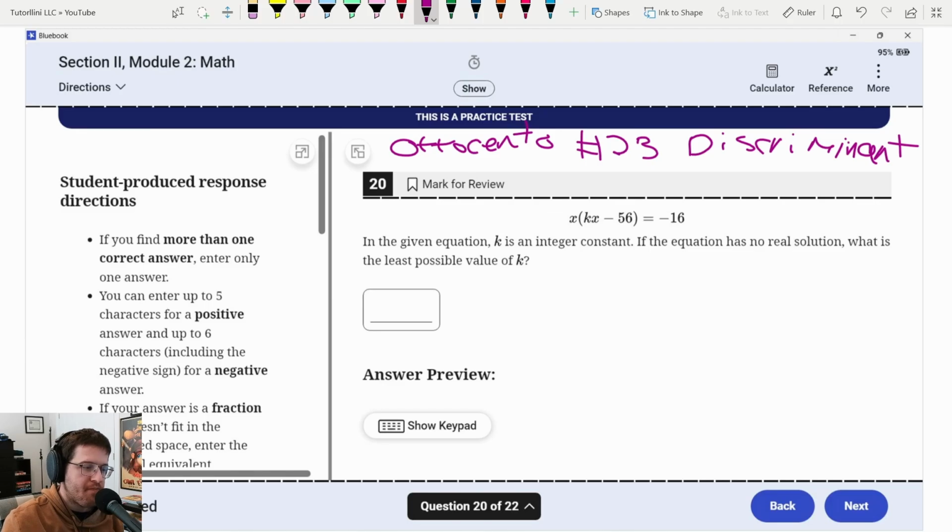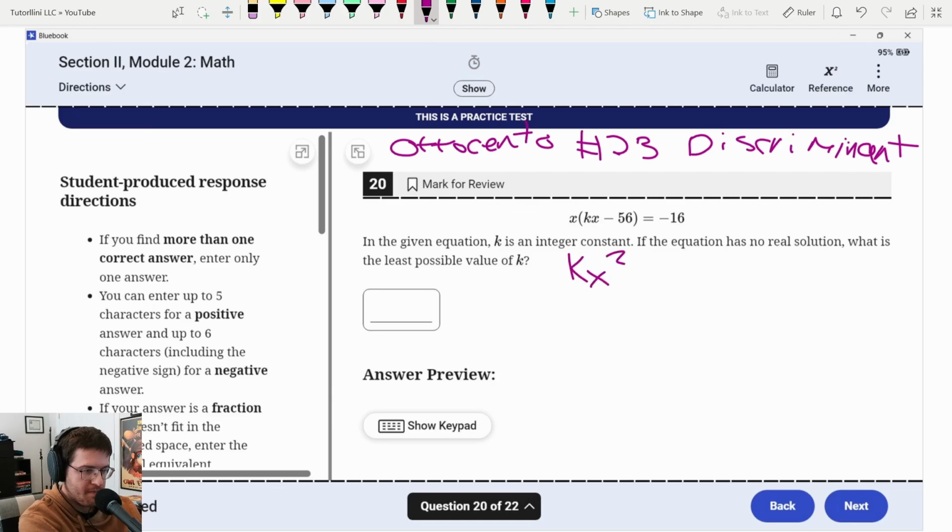Okay, question 20. I go over this in great detail in my Ottocento number 23 on discriminant and in linear quadratic systems. Please go check that out. I'm just going to assume you've already watched it. So I'm going to try to get this equation in standard form. So I'm going to distribute that x,